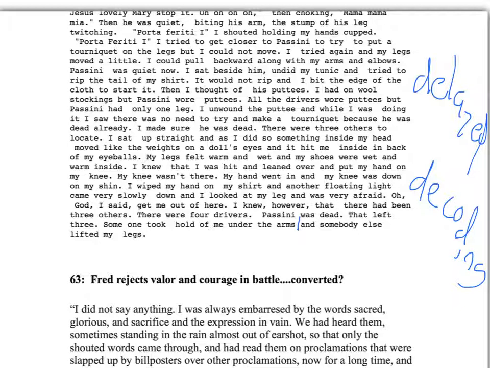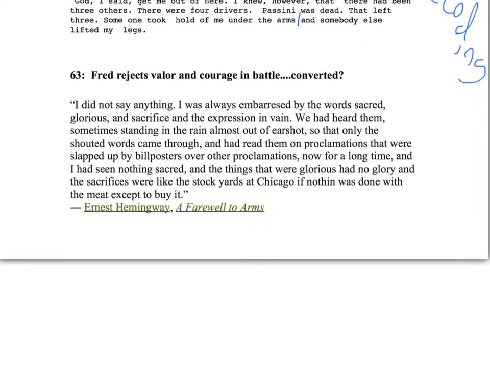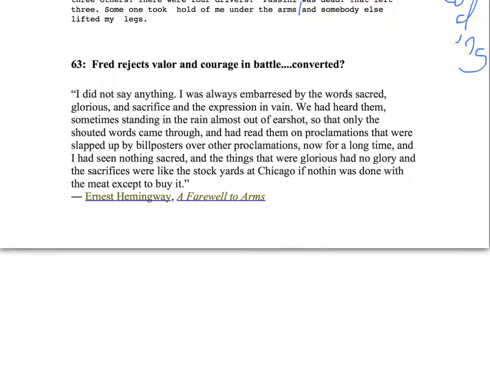So here is the moment of Fred's initiation toward disillusionment with the war. And it's his injury that's going to place him in a hospital where Catherine is going to come visit him and further their love relationship. And so immediately we get an important passage, where a soldier is talking about the courage and the honor and the pride of defending one's country and the dignity that one develops by behaving well at war. And Fred's response is this: